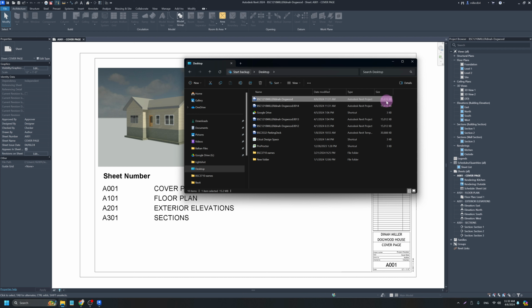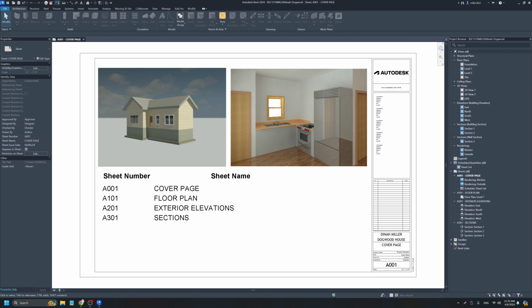So when you go to submit your work, please make sure you are submitting your RVT file of your latest version of this project. And at this point, the Dogwood house, our first Revit experience, is